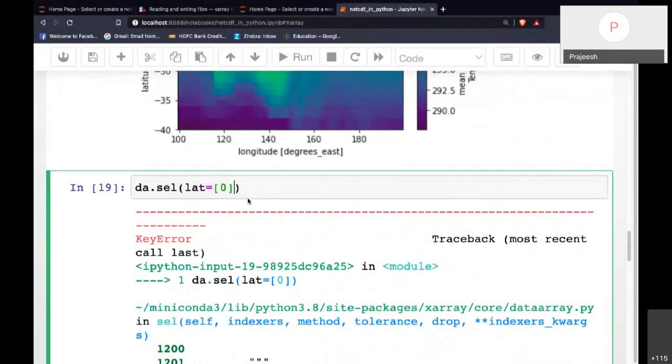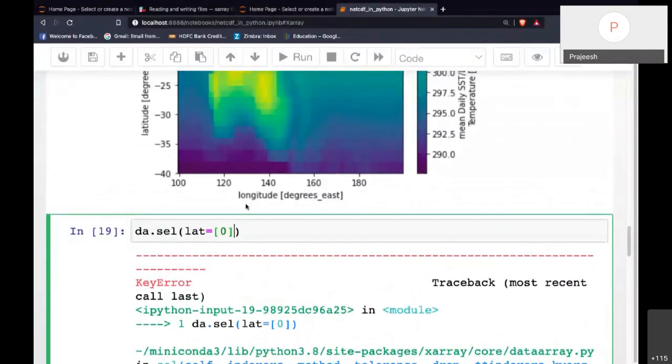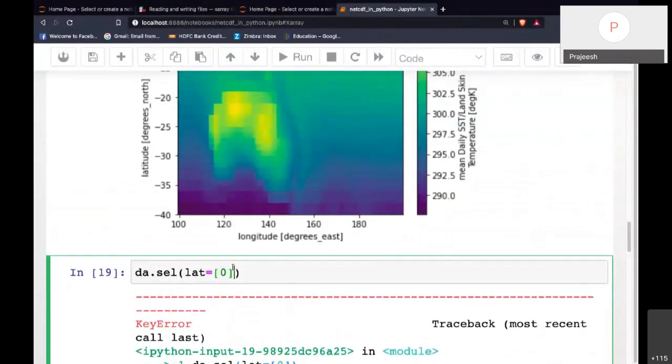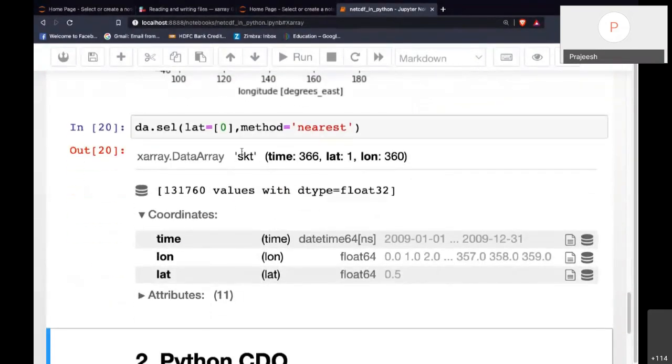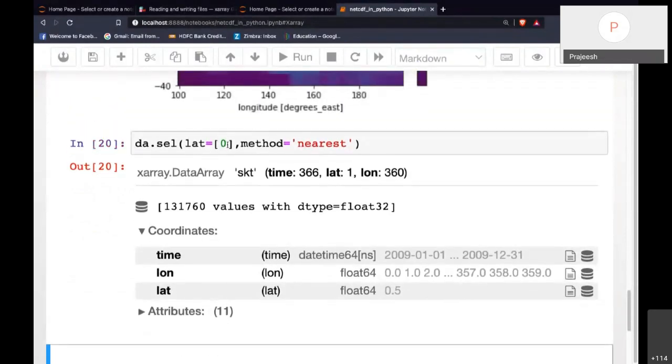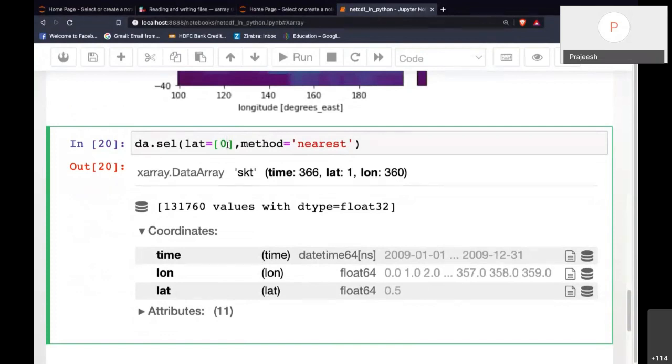So maybe I think that latitude 0 is not there or something. Yeah, so now it got it. So what happened here is that exactly the latitude 0 is not present. Of course, it can happen, right? You can see that there is only 0.5 degree lat, and maybe there will be minus 0.5 degree also. So exactly the 0th latitude is not available,